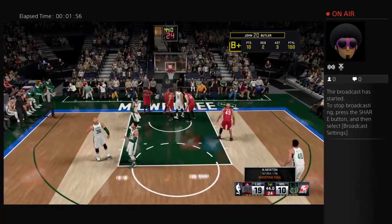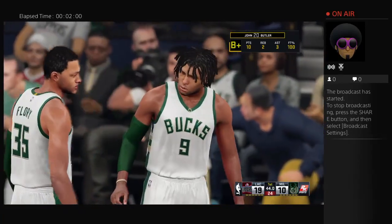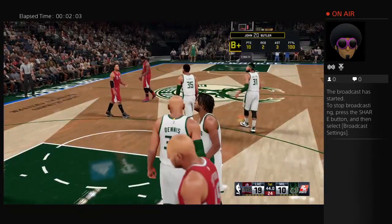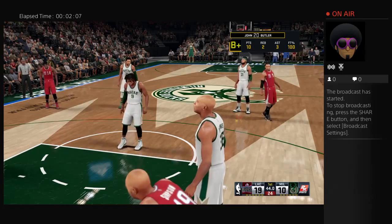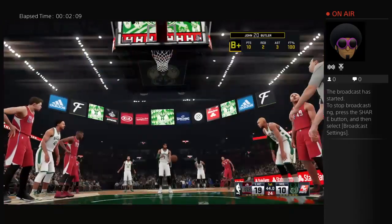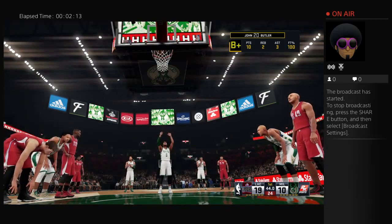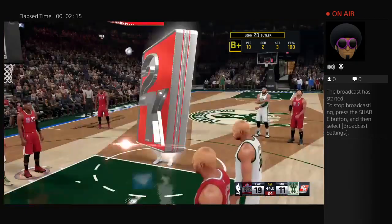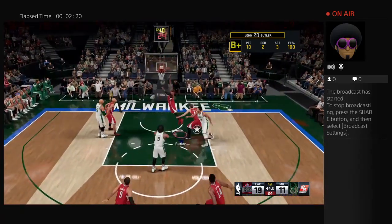Inside, outside, pulling up or driving to the rim. Really the right play defensively. If you can't block, force them to the line. Yeah, exactly. Prevent the layup, give them a little bump, and then maybe they'll think twice about coming into the lane next time. And if they don't think about it, at least they might be distracted by your presence. The first free throw is good. He hits one and